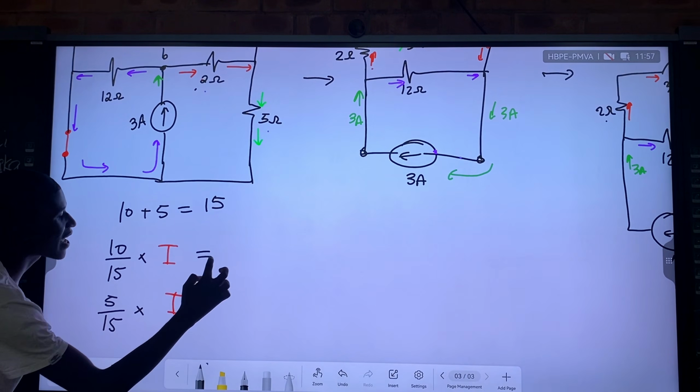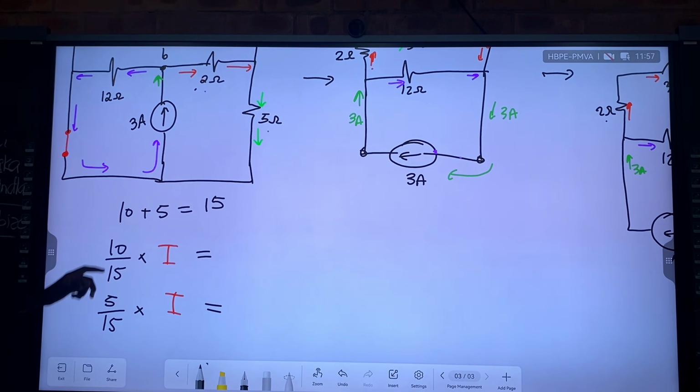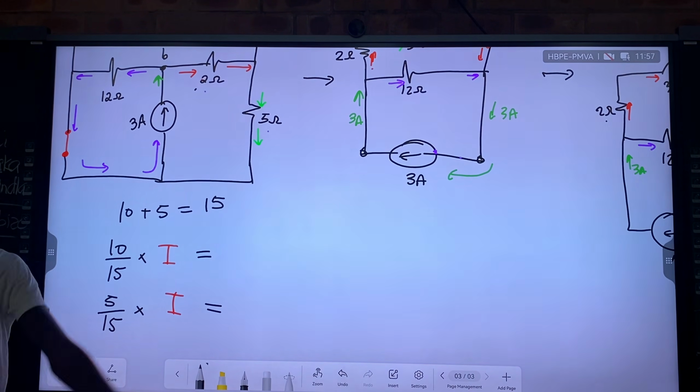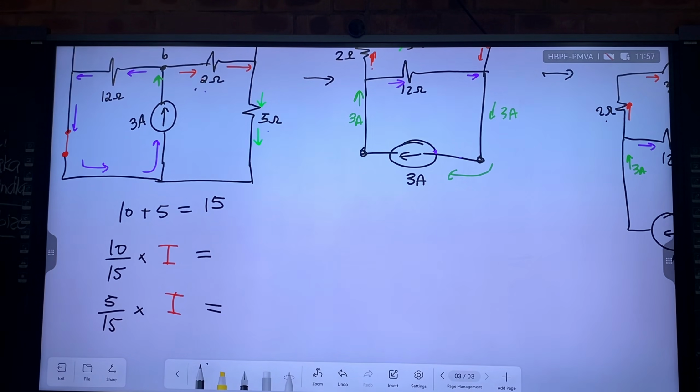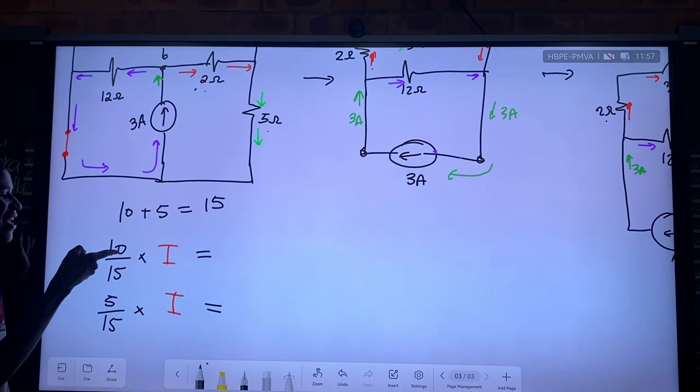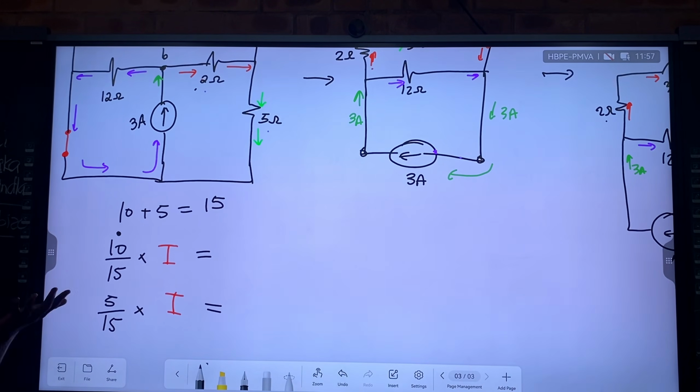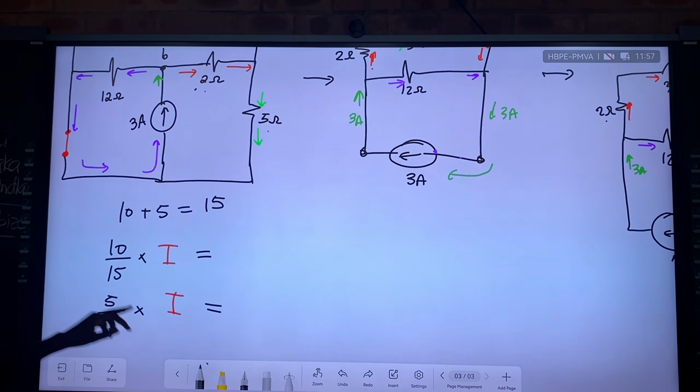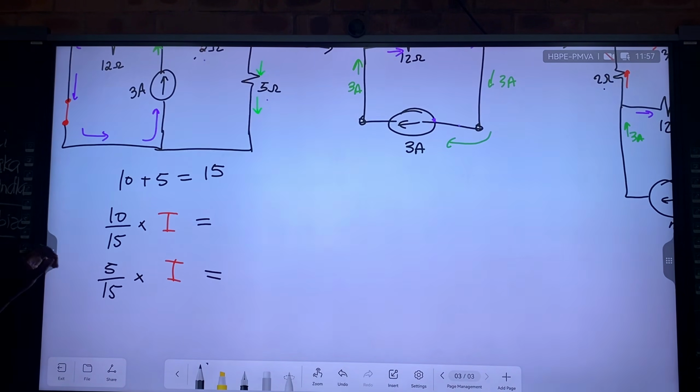The question is, which portion do you put the 5 ohms in? 10 over 15, yes, that's an inverse relationship. The moment you say the current of the 10 ohms and put the 10 ohms resistor here, you are assuming a direct proportion, which is absolutely wrong. This is a linear inverse relationship. Mathematically, you have done all the derivations and found that this is a linear inverse relationship.